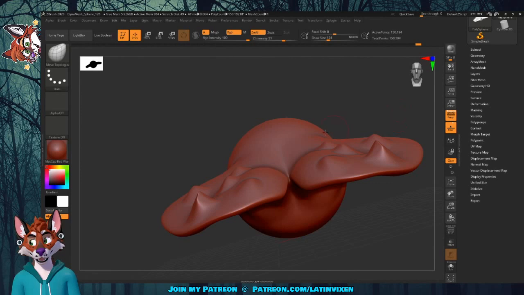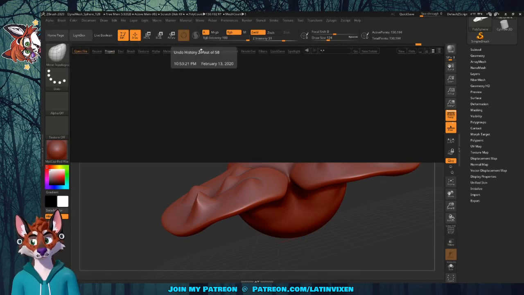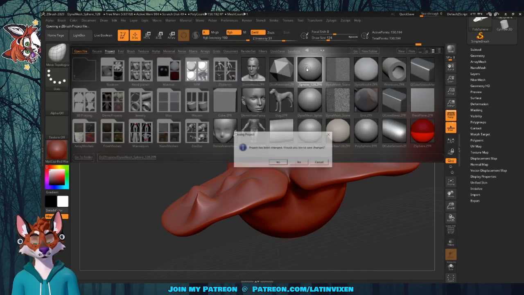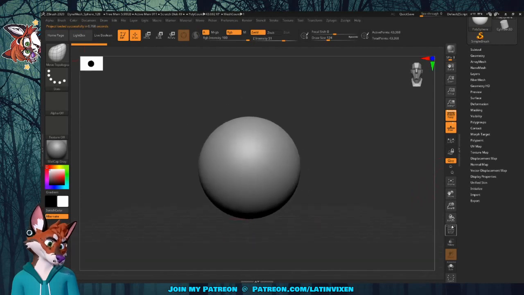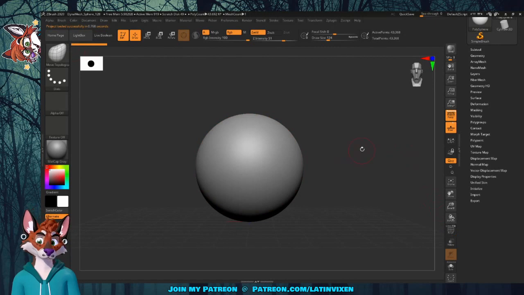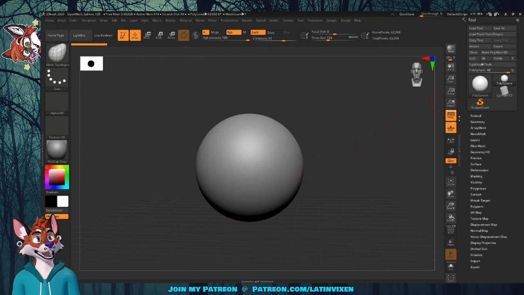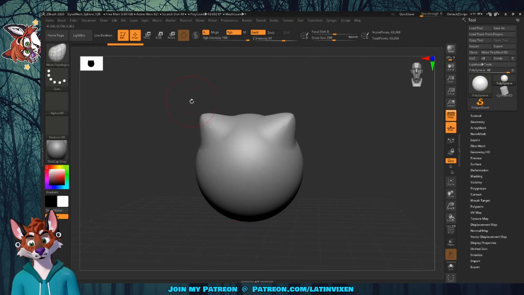So let's start up again with light box. Let's do another sphere. No, I don't want to save it. So let's go back to the sphere here. So let's say we want two spheres. We don't want just one. And we want to mirror them. So let's say this sphere here has, we'll just do, it's got two little spikes, and